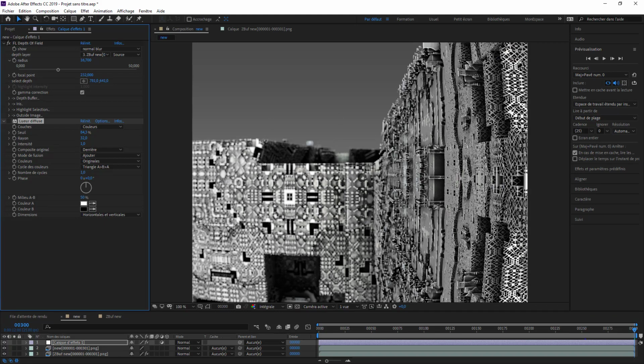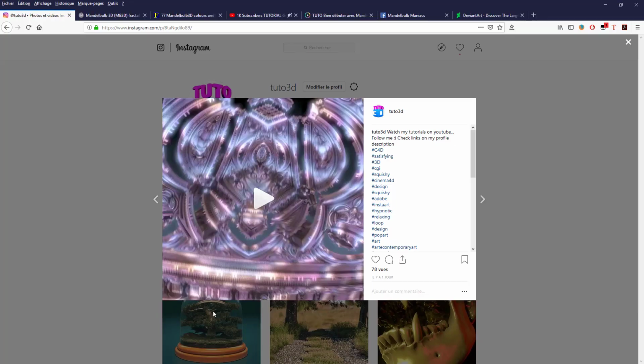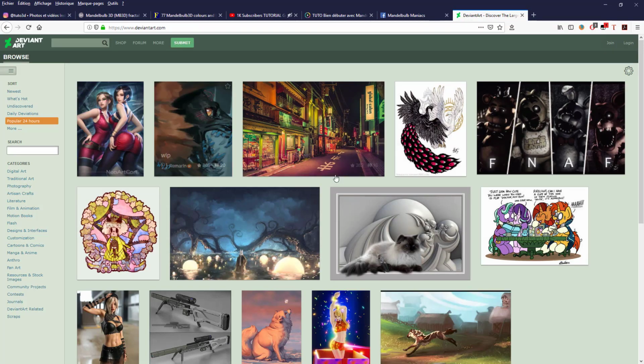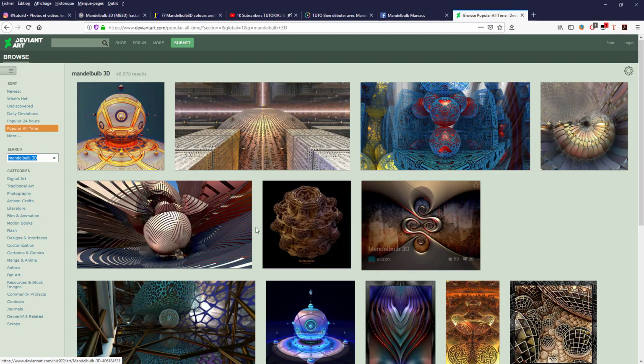I will just show you a few websites where you can find resources. So the first one, I think it's DeviantArt. You type here Mandelbulb, and Mandelbulb 3D, and click search, and you will have a lot of renders.